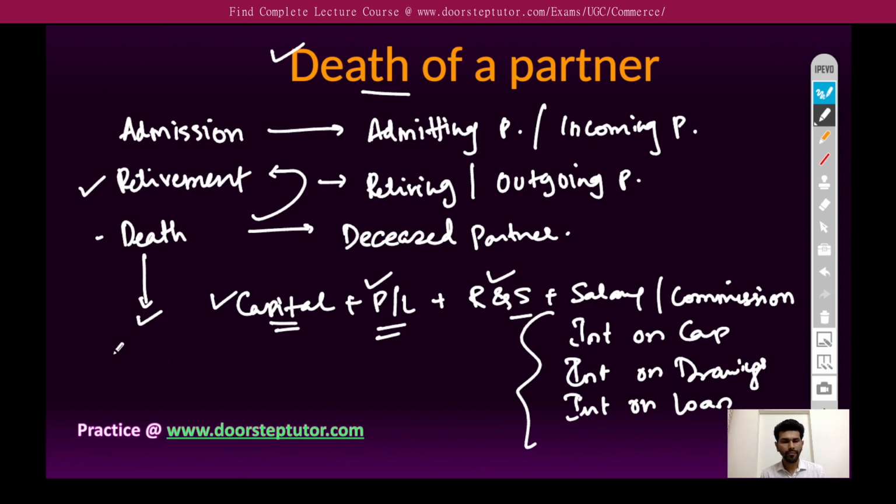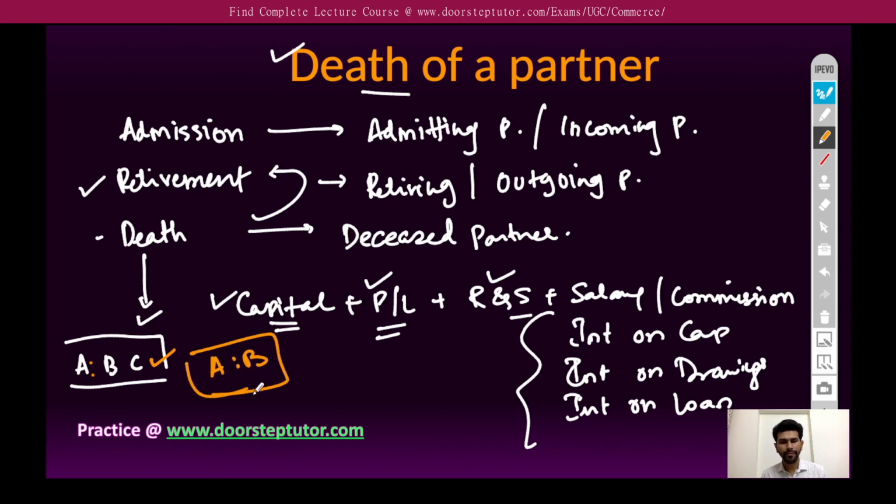But for example, if A, B, and C are old partners, and in case of death of partner C, Mr. A and B will continue the business. But in case there are two partners only, A and B, and in case of death of Mr. B, A cannot continue the partnership business, so the business will shut